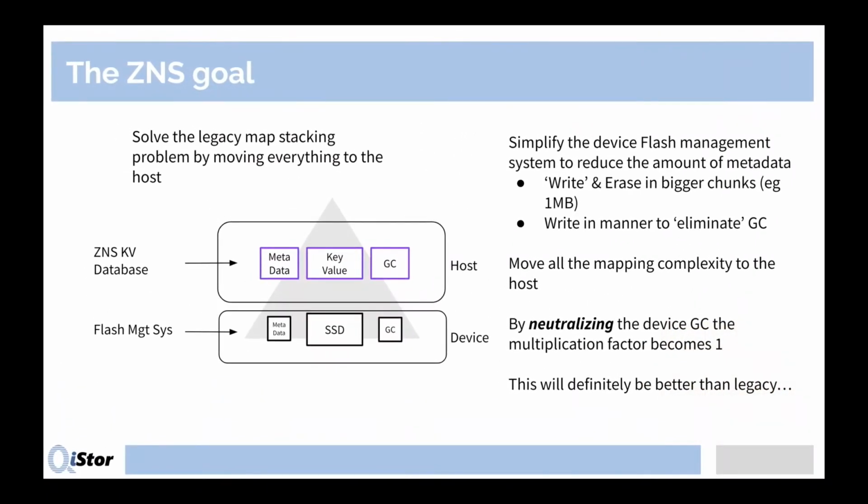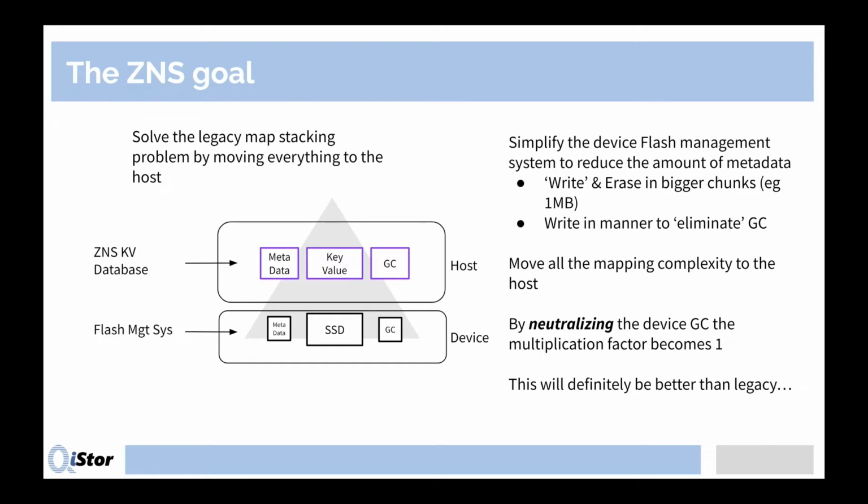So one of the new trends is ZNS. And when I say ZNS, I want to include into that all data placement technologies. So ZNS is not the only idea out there. There's several others, and they're all variants on the same idea. And the idea is, let's solve the legacy map stacking problem by just moving everything to the host. Okay, that's the premise of data placement. You know, the device we can't avoid these 2 levels of problems or 3 or 4 levels. So let's just keep the device as simple as possible, and let's just move all the problem of garbage collection